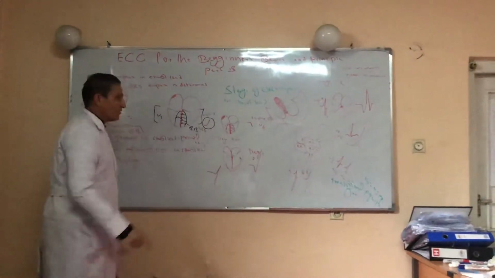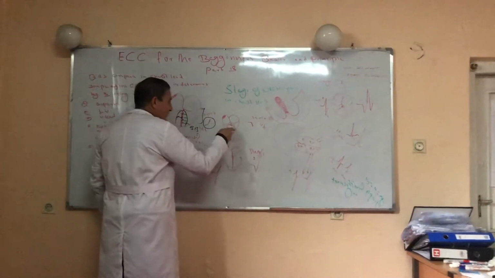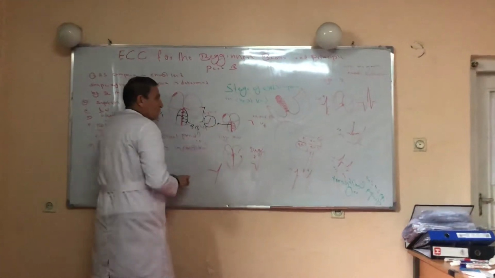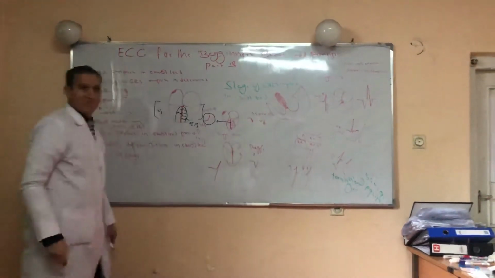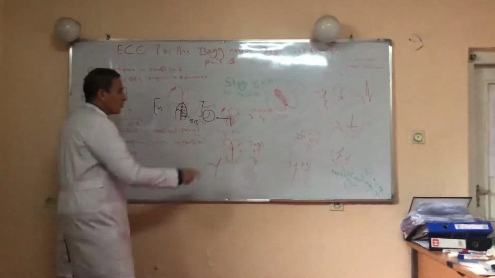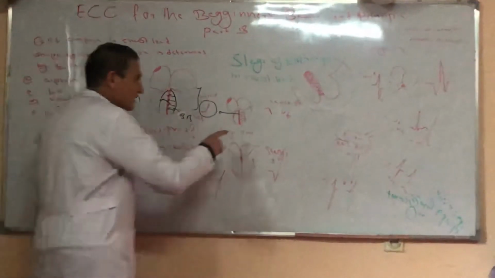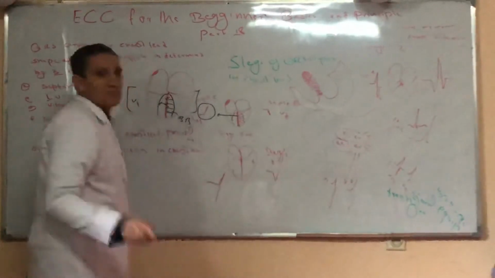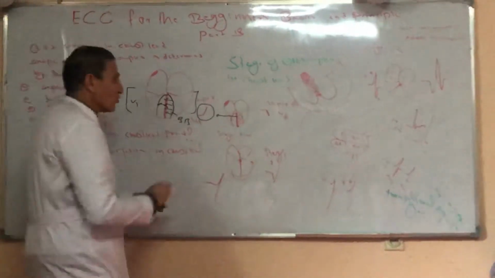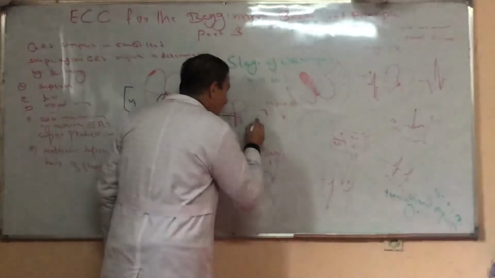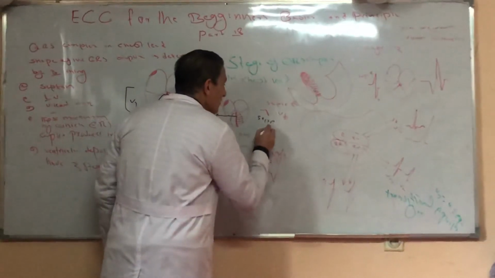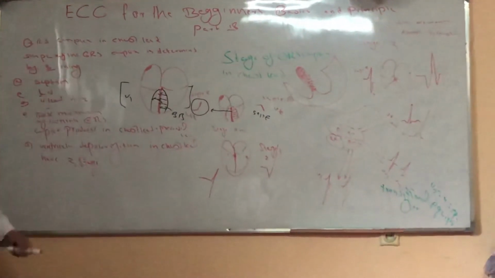This septal R represents septal ventricular depolarization in the chest lead. At the same time, when the electrical impulse moves toward V1, it moves away from V6, so it is negative. Those electrical impulses which move toward the lead produce a positive deflection, and those which move away from the lead produce a negative deflection. So this small negative deflection is called septal Q. Did you catch it?